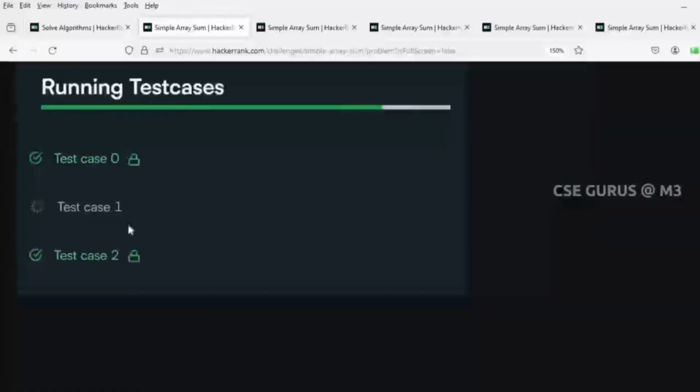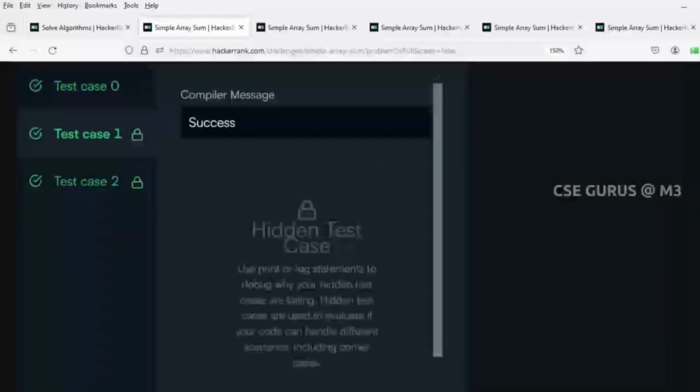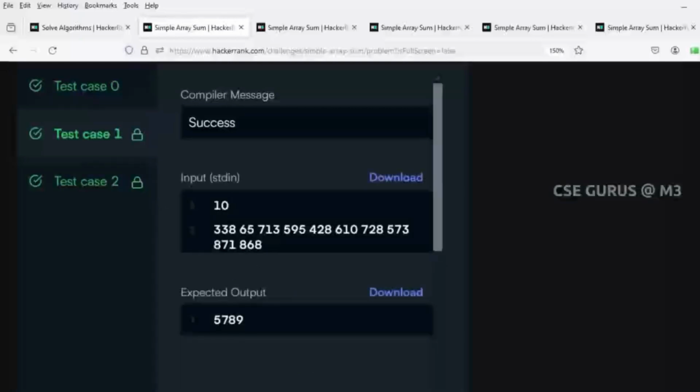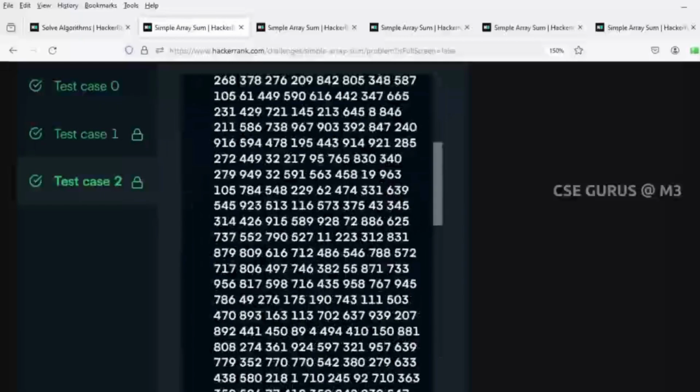We'll verify with the remaining test cases. There are 3 test cases. You can even check like this: you can unlock and see these are the elements and check it out. What is the sum? Yes, successful. It is verifying with our code at the back end and giving whatever is